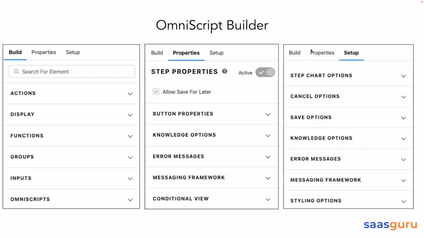What are you going to see in the OmniScript builder, right? Because this is critical. So you have different elements so in the build tab, you're going to see the visual elements that you can drag and drop on the steps, right? So you have drag and drop on Omni step, inputs, groups, functions, displays, actions. So although actions will be kind of like what we've seen, actions and displays, we've seen them in the flex card, like text or fields too that can be updated, right? Actions can be a button or something else. Functions, you can create functions, and formulas can be included, grouping stuff, and